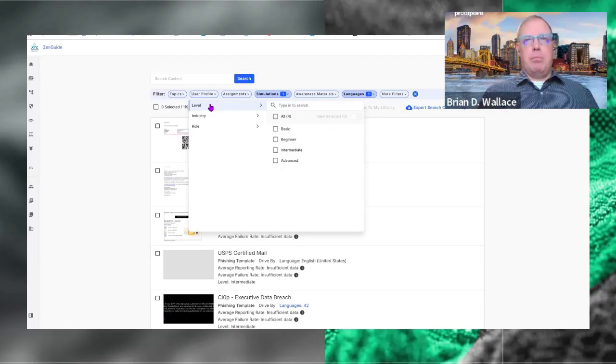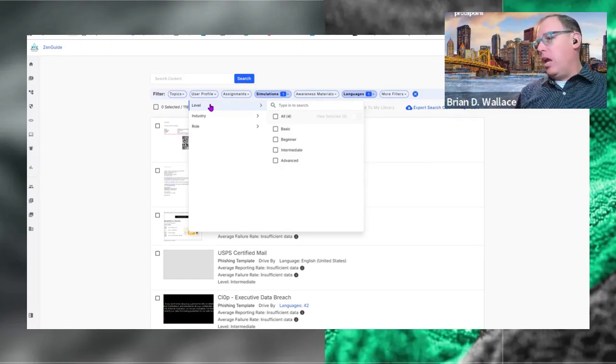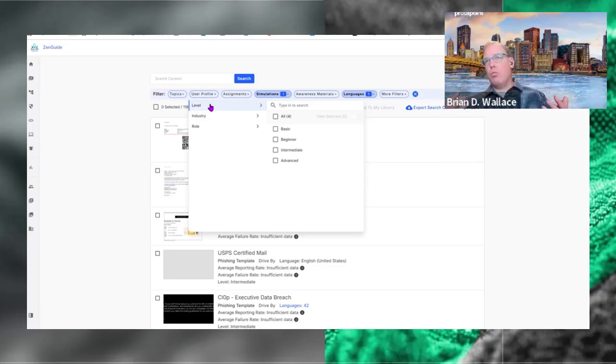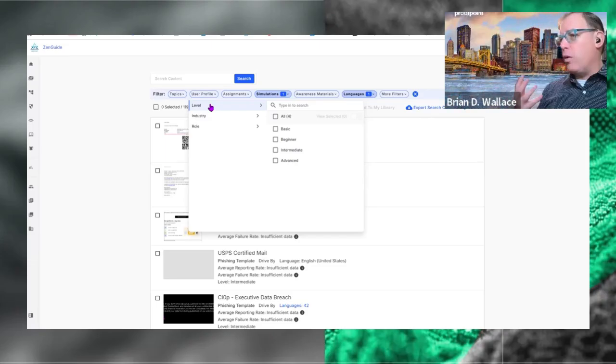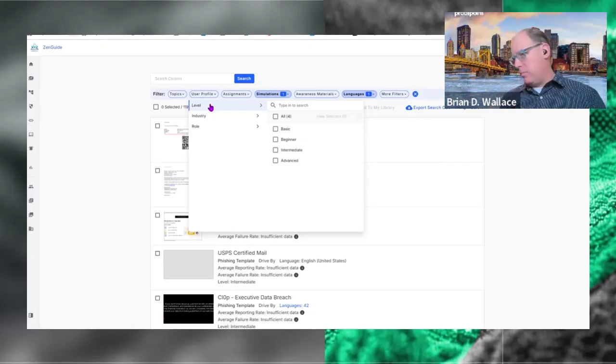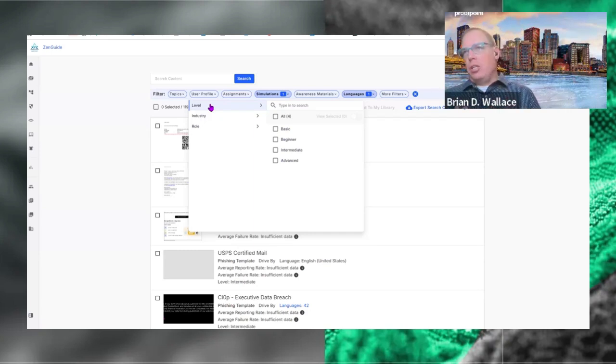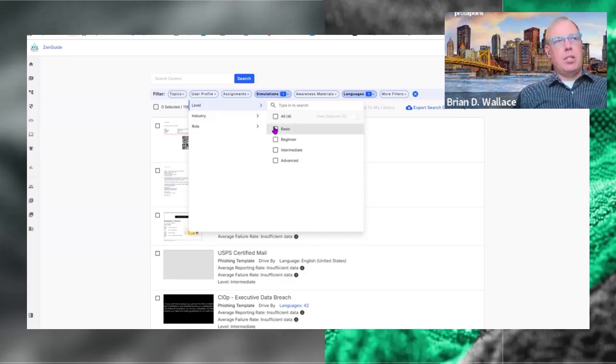Each one of our templates have been dissected. And most of our templates are from real world examples, right? That we've defanged and made into a template for yourself. So we've dissected them and we've identified the specific NIST phish hooks that are built into that template or that comprise that template. And it is the combination of these different NIST phish hooks that determine the level of difficulty for each level that we have here. The exception being the basic one.